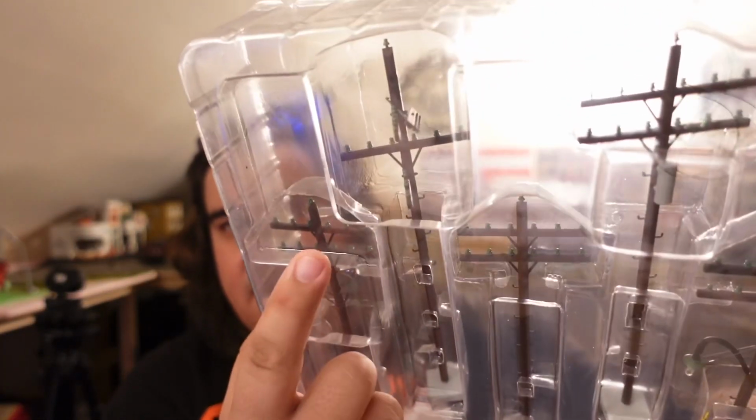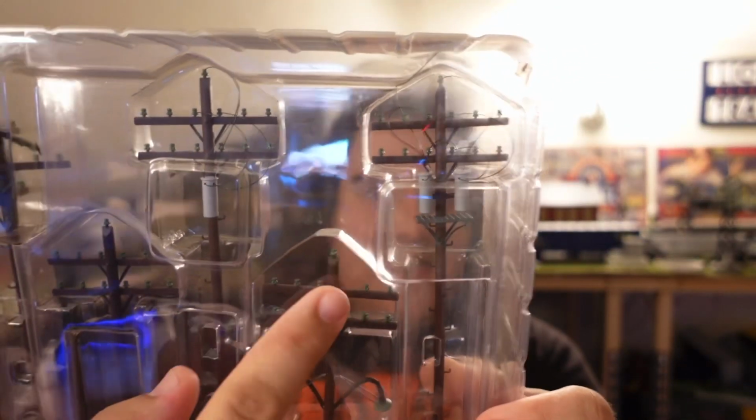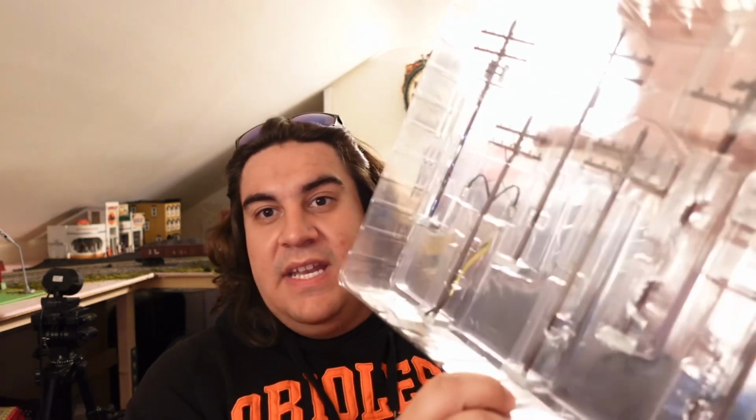They're wired. Gonna be putting 14 volts, keep it nice and low on those, and there are insulators on each one, little green insulators on top, and each pole has something a little bit different. Like they either have a transformer, like these guys have transformers on them, and just a really cool piece. I'm gonna put these in the yard, so they're just gonna be strung out in the yard. I have to find a way to mount these, probably just hot glue underneath these bases. They have really nice bases on there, so I'm really excited for that,